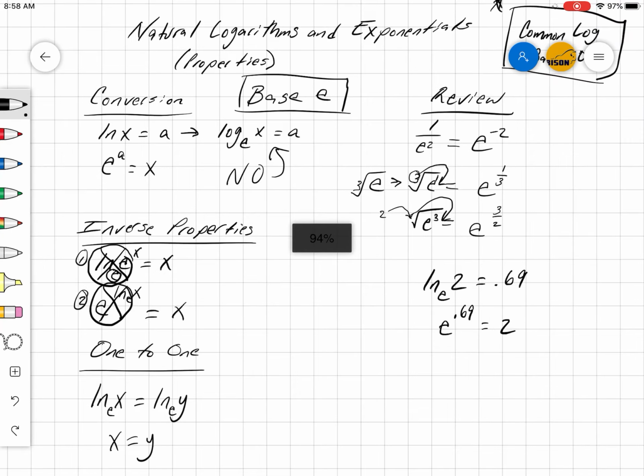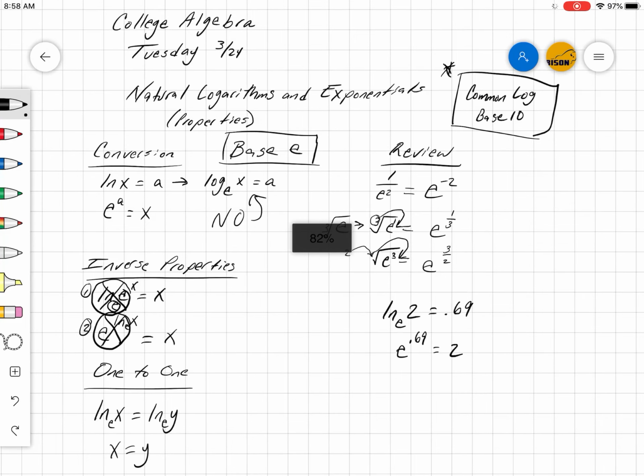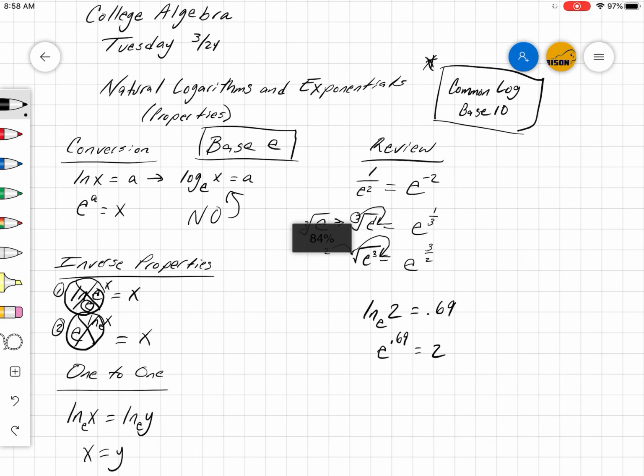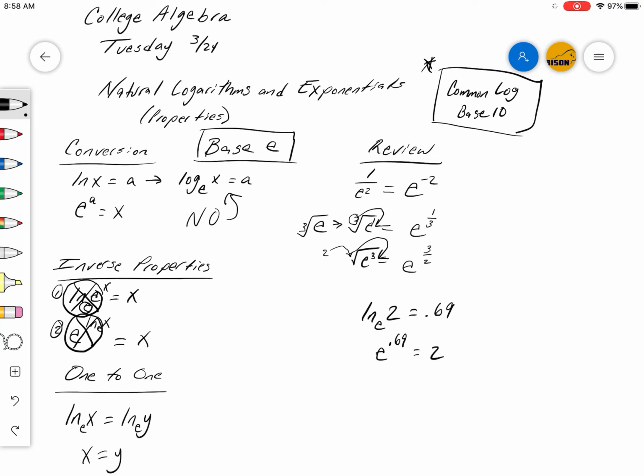So this is what we're rolling with today. It's very similar to what we did yesterday, and you should just be able to roll on with it and then build your skills just a little bit better from here. So we're going to work on page 200 today, and we're going to do 61 through 76 and 81 through 88. Okay, so those should work. And just let me know if you